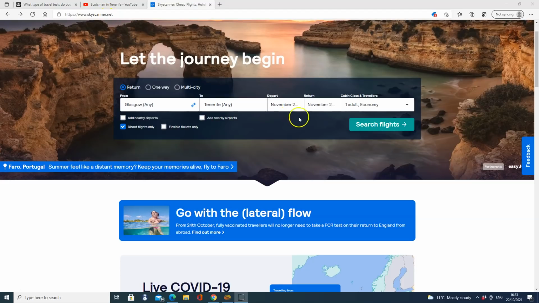skyscanner.net. What Skyscanner does basically is it just checks all the flights with all the airlines that go to your destination. So for Tenerife, for example, it'll check Ryanair, Jet2, TUI, EasyJet, and anybody else who goes to Tenerife basically. So I'll just quickly show you how to find the cheapest prices on Skyscanner. And it's pretty straightforward, but there's a couple of wee tips that will maybe save you some time and some